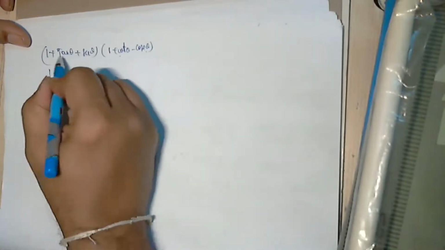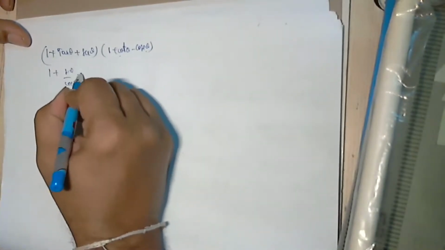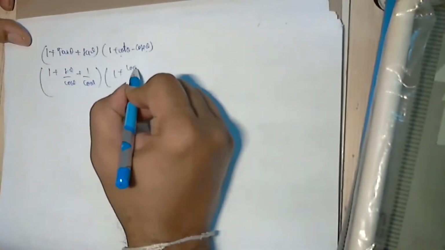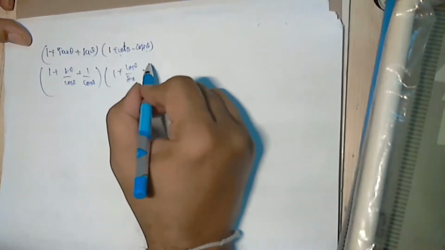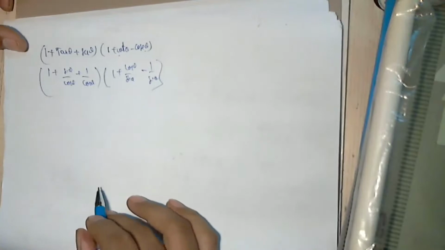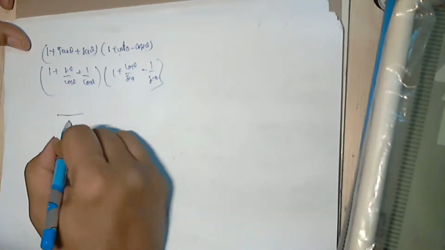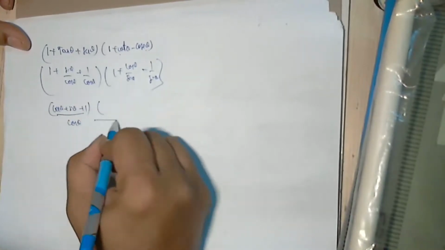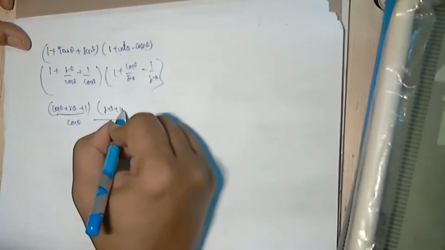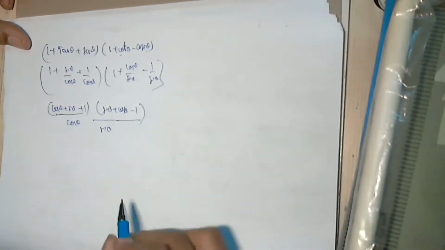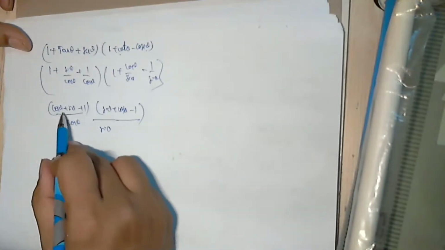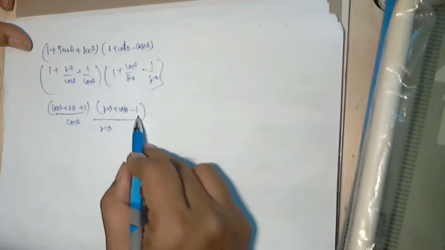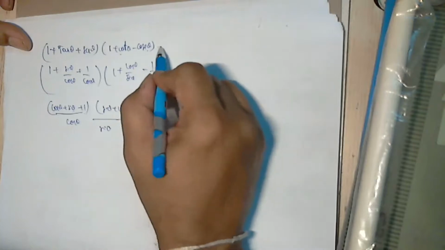So let us put all in sin and cos. Tan theta is sin theta by cos theta. Secant theta is 1 by cos theta. 1 plus cot theta, which is cos theta by sin theta, minus cosecant theta, which is 1 by sin theta. So what is this becoming? Here cos theta is the base. So cos theta plus sin theta plus 1, into here sin theta base, sin theta plus cos theta minus 1. So cos theta plus sin theta plus 1 into cos theta plus sin theta minus 1, by cos theta sin theta. So this is converted to this.